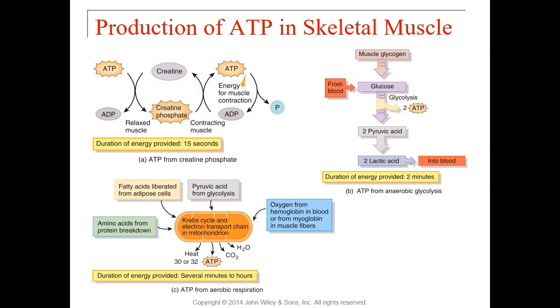Well, it has to deal with ATP's structure. We got to dig way back to our structure of ATP, way back to chapter 2. Remember, ATP has 3 phosphate groups in it. Remember, it's called triphosphate because it has 3 phosphate groups. And remember, the energy is in the bonds really between the first and second phosphate group and the second and